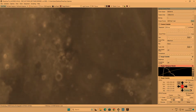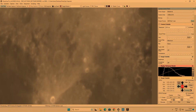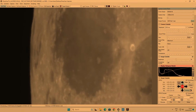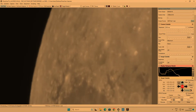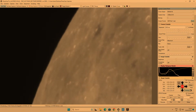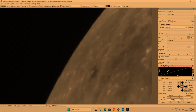So I thought I'd start off with the 2.5 Barlow at 7000mm, and then we can always switch across to the 4x Teleview Powermate, which will take the scope up to 11,200mm. Even here at 7,000 the image is pretty clear. I think you would agree. So hopefully it will stay that way. This is really just a quick test so you can see what the two different focal lengths are like